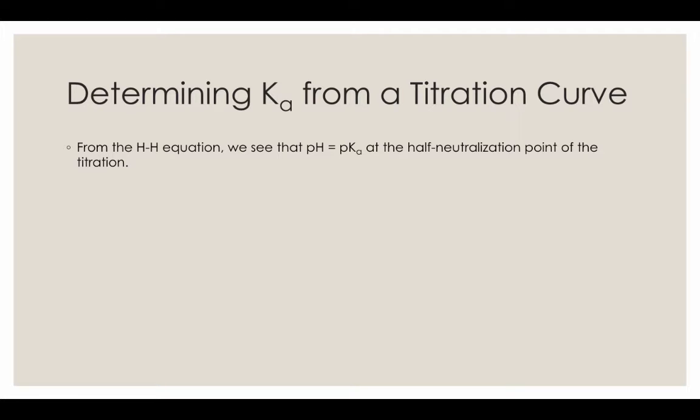From the Henderson-Hasselbalch equation, we see that the pH will equal the pKa when this ratio is equal to 1. That occurs at something called the half neutralization point, or the half titration point. That's the point at which half of the initial acid has been converted to conjugate base through neutralization. At that point, this ratio will equal 1. This will drop out of the equation because the log of 1 is 0,